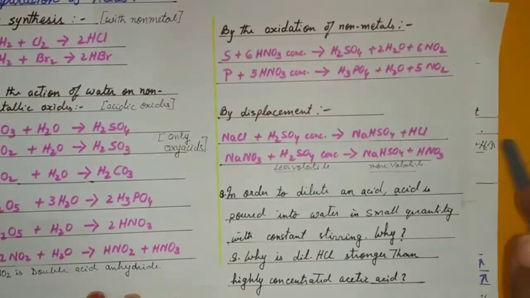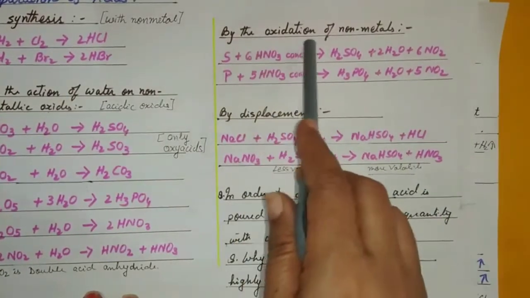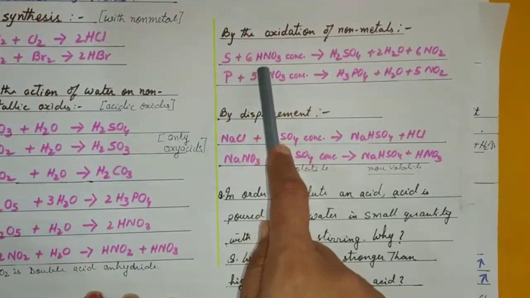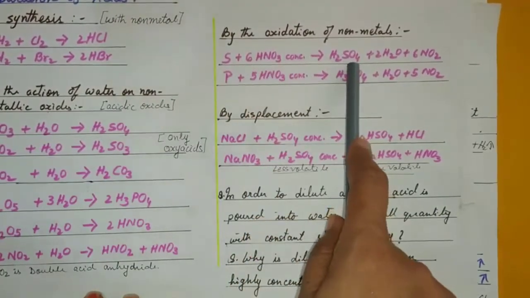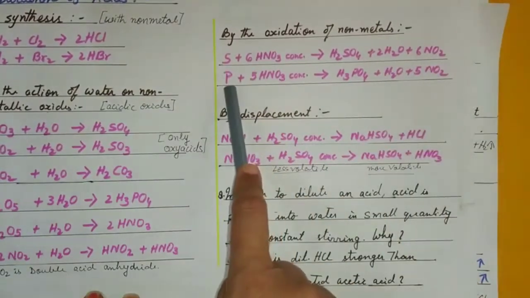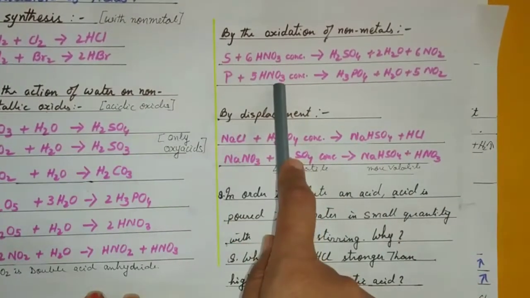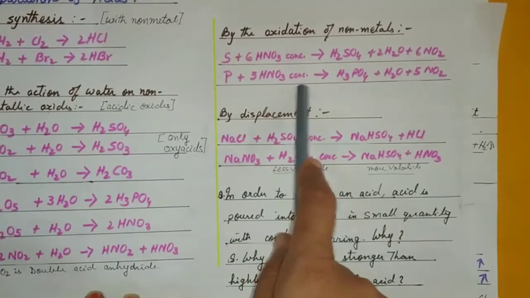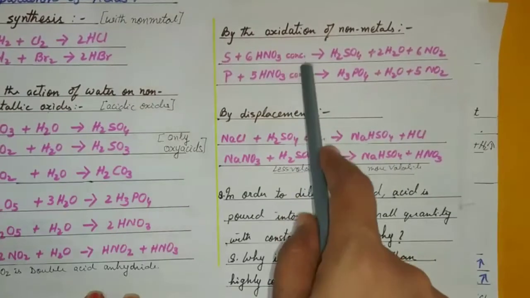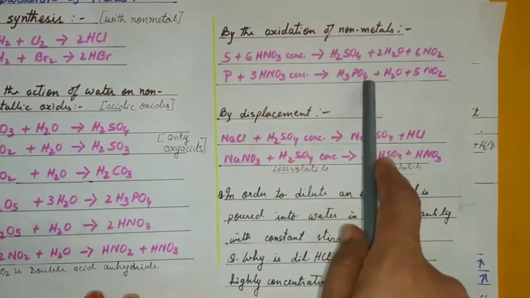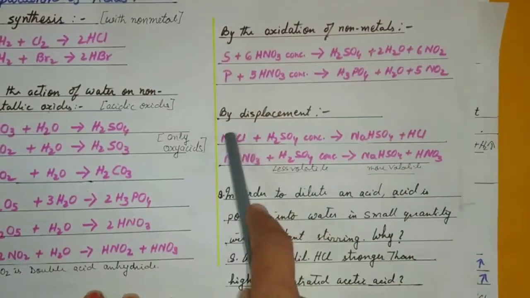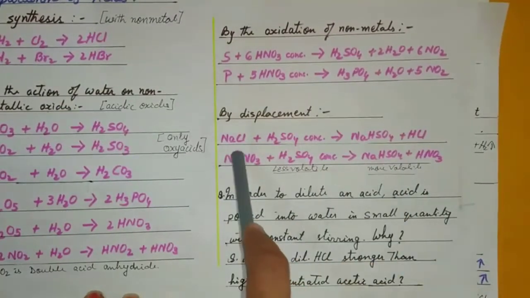Next method is by the oxidation of non-metals. So sulfur with conc nitric acid gives you sulfuric acid, water and nitrogen dioxide. At the same time, phosphorus also with conc nitric acid gives you phosphoric acid, water and nitrogen dioxide. These two reactions we have done in the previous chapter, so not new, just repetition. Then by displacement,